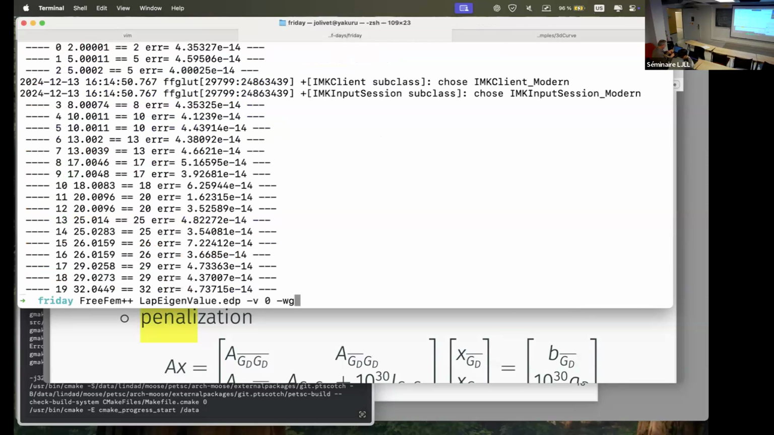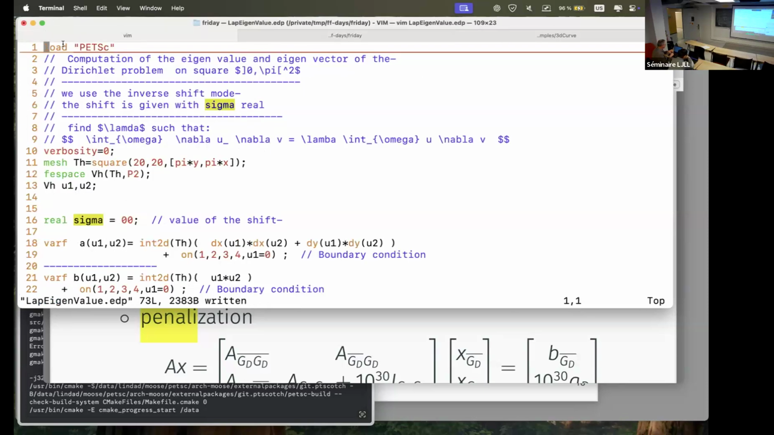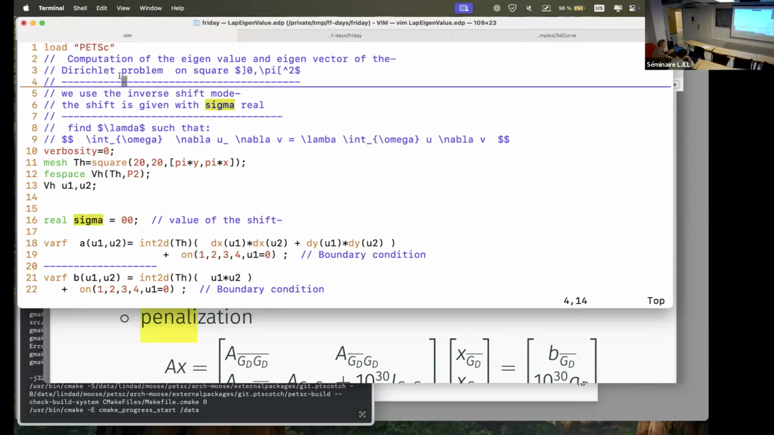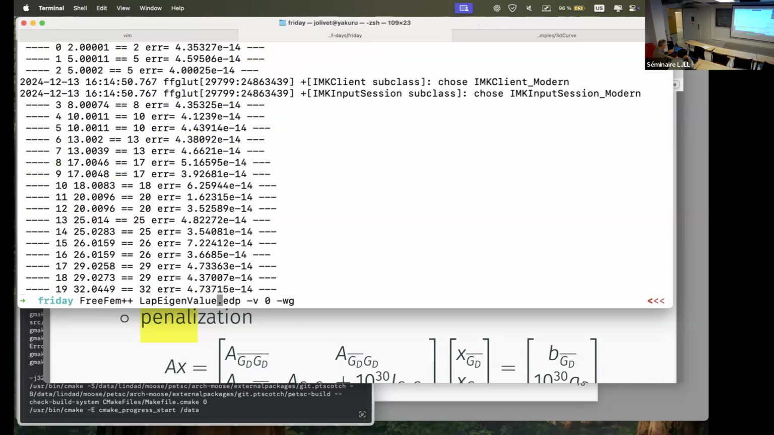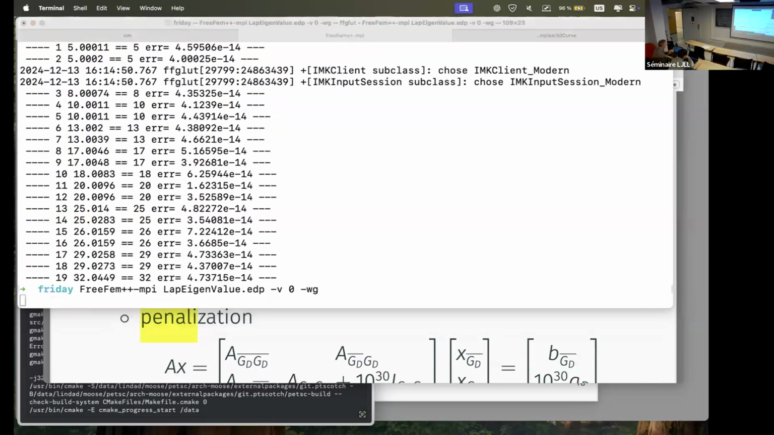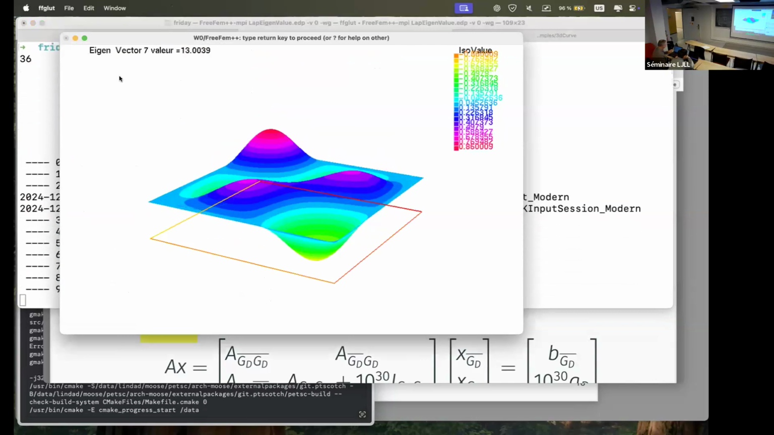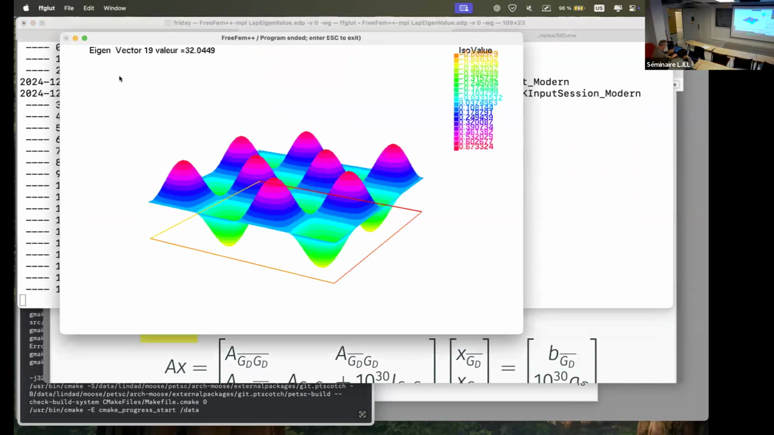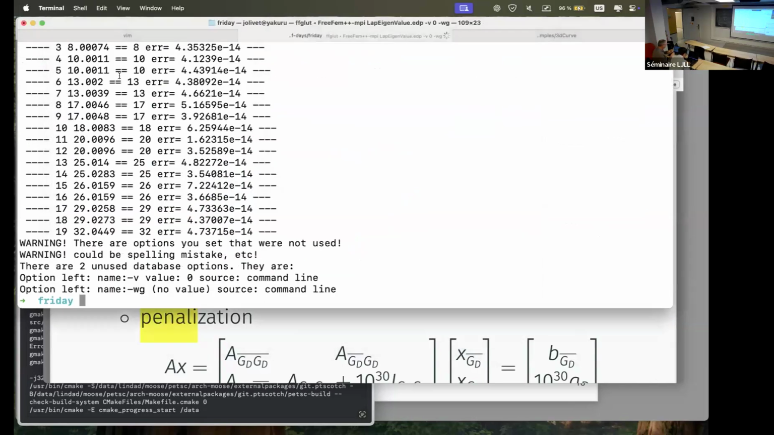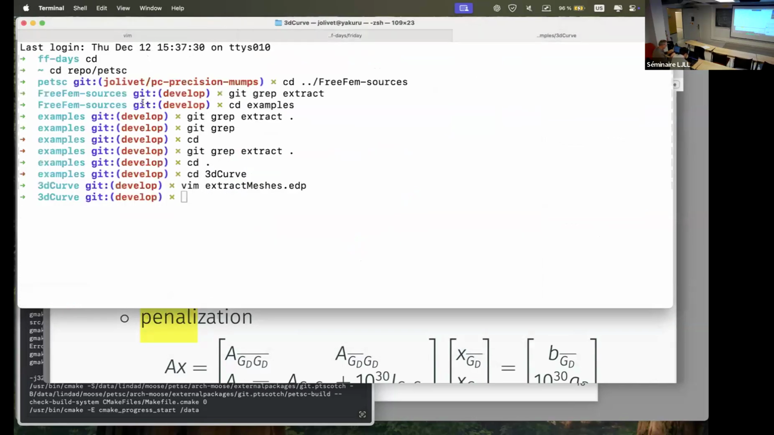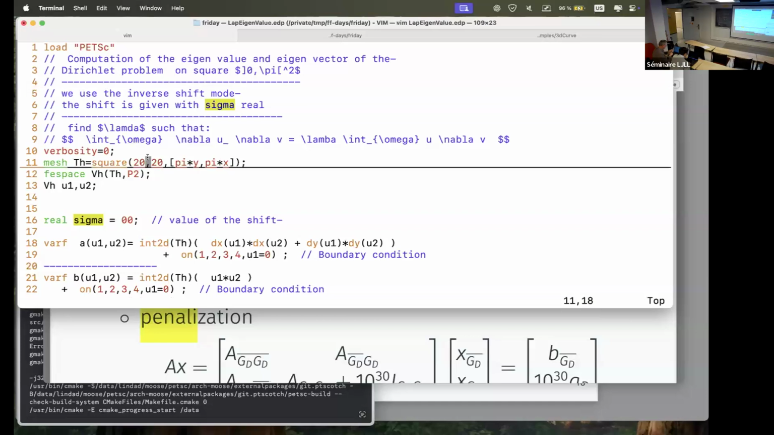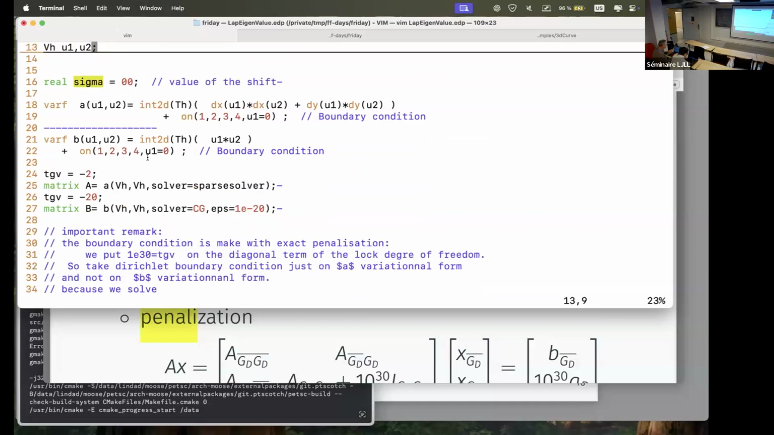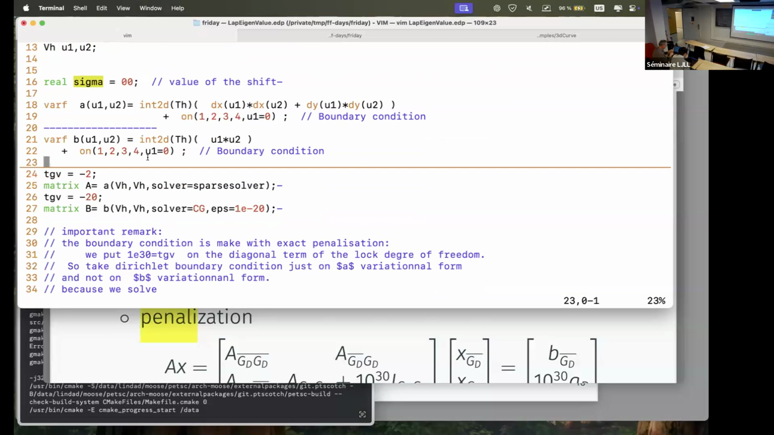Okay. And so now keep in mind that whenever you do load PETSc, you need to run FreeFem++-mpi instead of FreeFem++. But it should just run the same. And so we still have the same. Okay, perfect. So when you want to solve eigenvalue problem with SLEPc, instead of using FreeFem matrix, we will need to switch